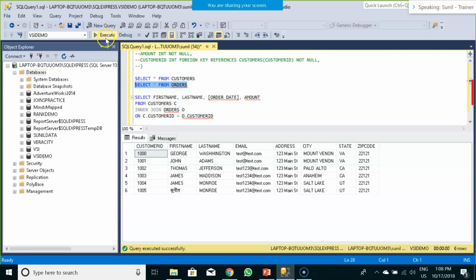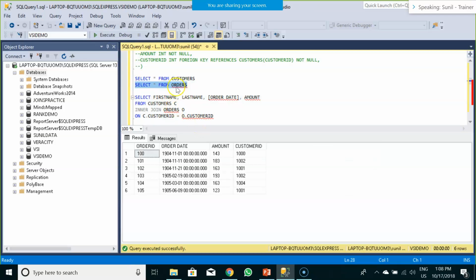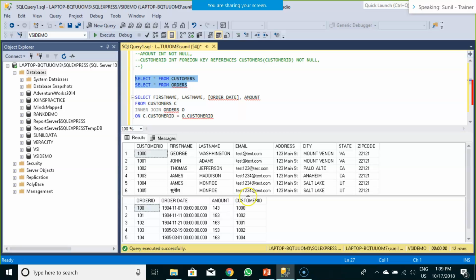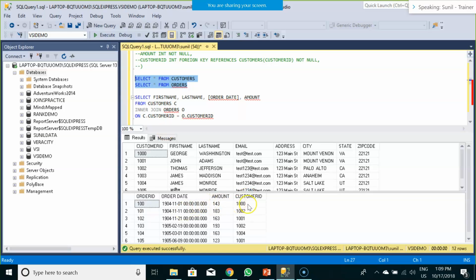And then I have one more table, the order table. Now the order table is referencing the customer ID. So if I select these two and fire together, you see the customer ID is linked from the customer table in the order table. So order ID is unique, but customer ID is a foreign key of the order table, and this foreign key is a primary key of the customer table. So customer ID is the connecting factor, or the relationship, between these two tables.